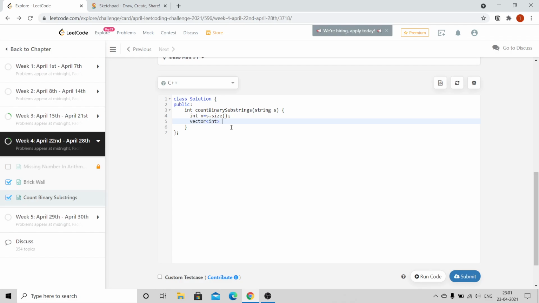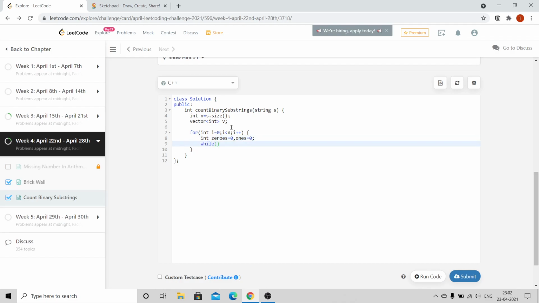So now I'll iterate through the string, and let me declare two variables which store the frequency of the zeros and ones and initialize them to 0.